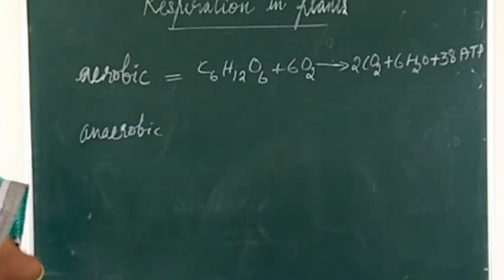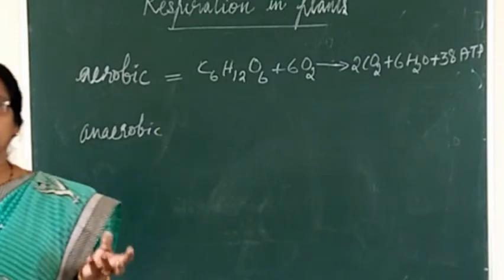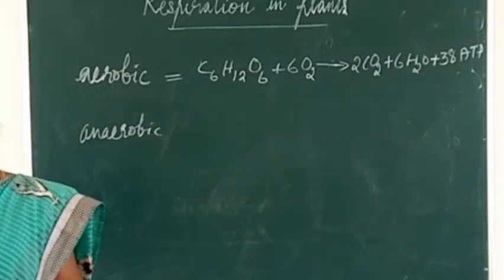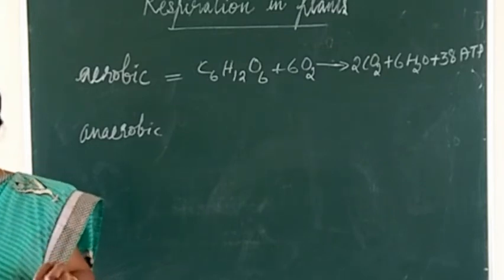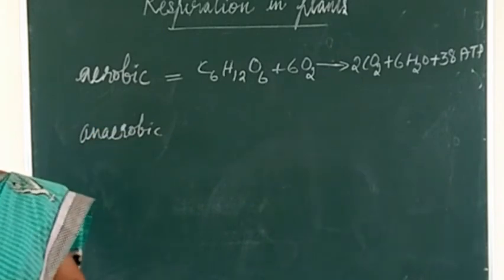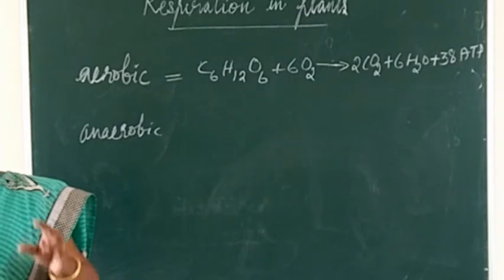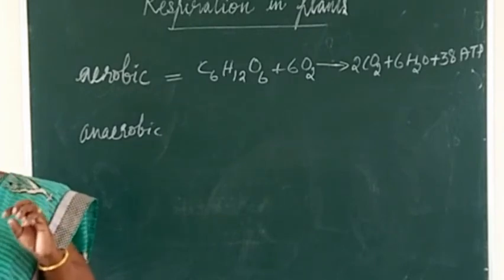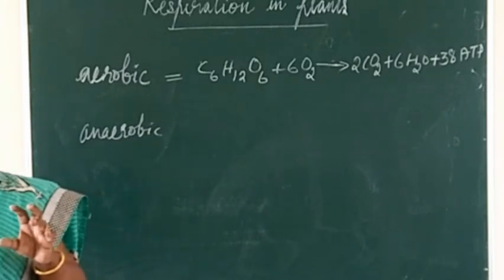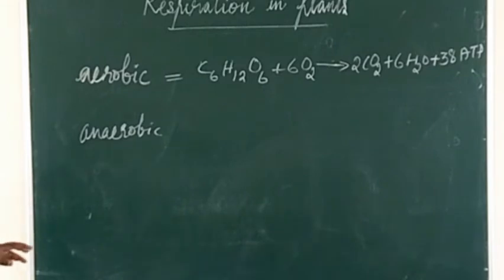And coming to anaerobic respiration, some parts of the plant, including seed or fruit or some parts of the stem, at certain times will conduct anaerobic respiration. And what is this anaerobic respiration? If respiration takes place in the absence of oxygen, that is called anaerobic respiration. And this anaerobic respiration we can represent like this: